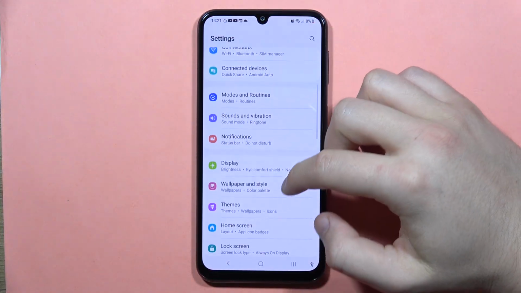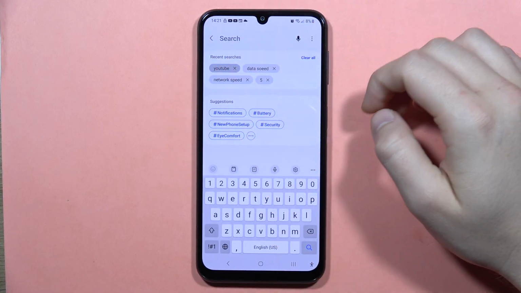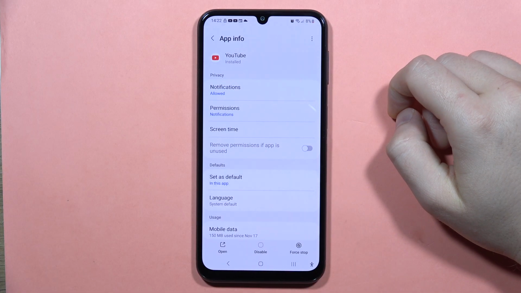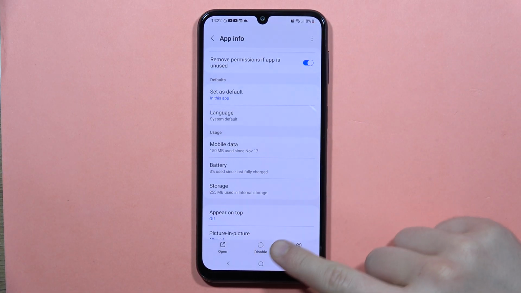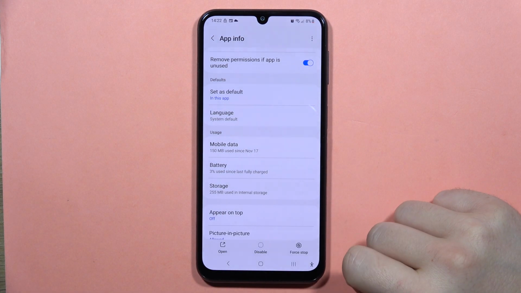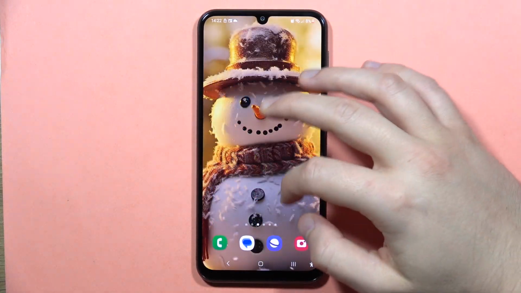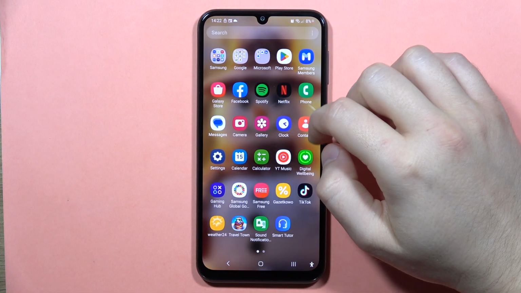Now from here, you have to tap on the search bar and type YouTube, and open the YouTube app information. Now from here you have to scroll right here, take a look, and click Force Stop and click OK. What it does is basically restart the application. So now try to open it,